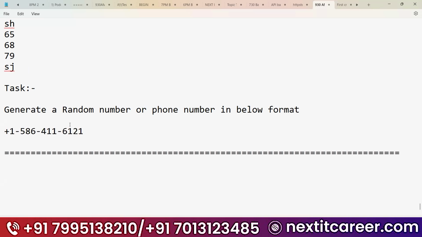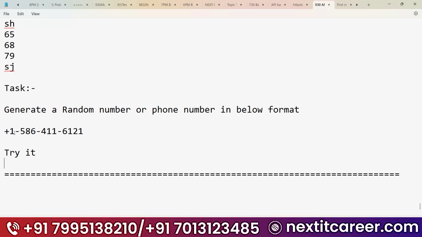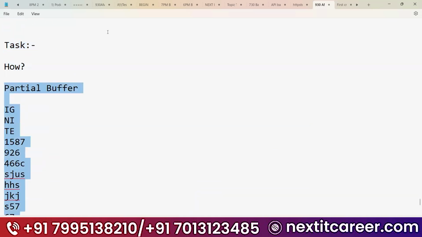Okay, in this format, you need to randomly generate the value. So try from your end, guys. In tomorrow's class, we will discuss. My hint is to try to create one buffer and call the buffer, use the regular expression where there is a special character hard coded as of now. Later, you will understand what to do. So that is the hint. These two tasks, try from the regular expressions.